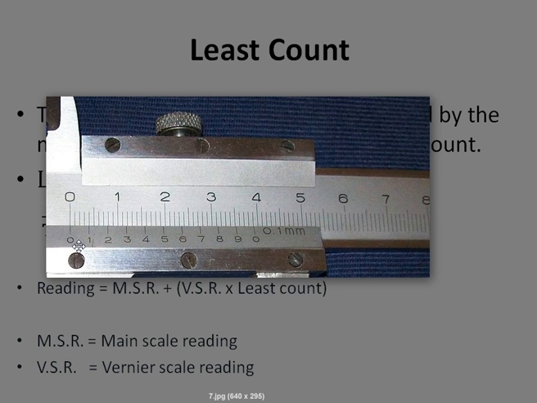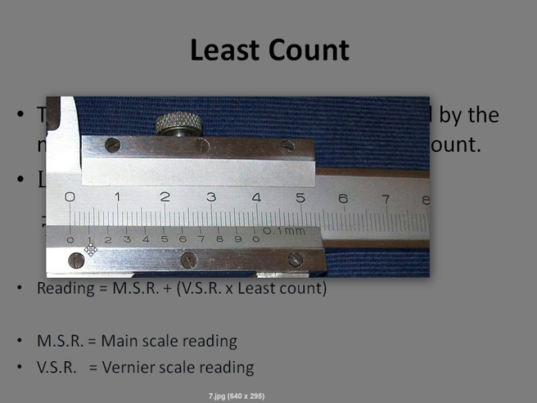See, this is a close view of Vernier and main scale. Here the 0 on Vernier scale and 0 on main scale are perfectly aligned, and if you count the divisions on Vernier scale, there are 10 divisions, and the last one is matching with one division less than 40 mm. So in this case, this last one division, which is 1 mm, is divided into 10 divisions, and that value is subtracted from each division on Vernier scale.